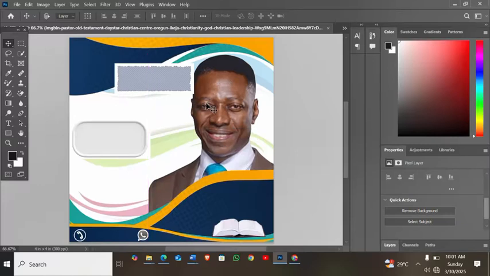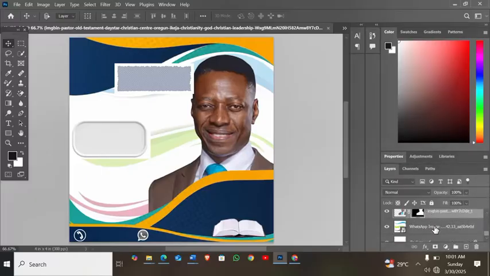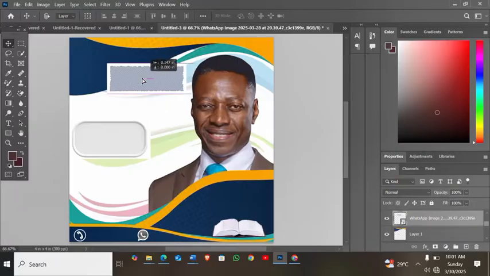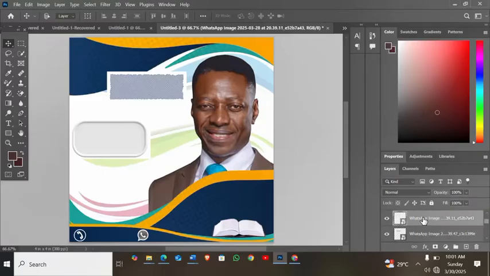So now this is the image of the resource person. The next thing I'm going to do is shift this image and position it somewhere here. So we are almost done with the images that we are going to use for this flyer. The next thing I'm going to do is work on this small image. So I'm going to draw